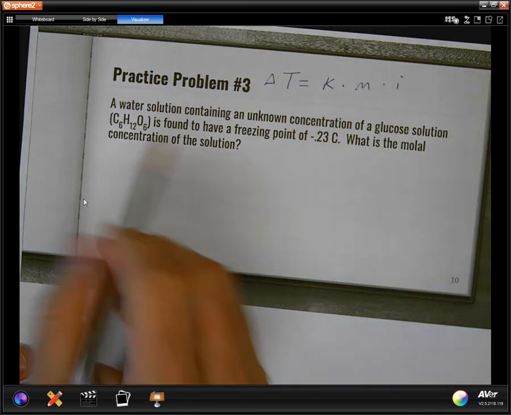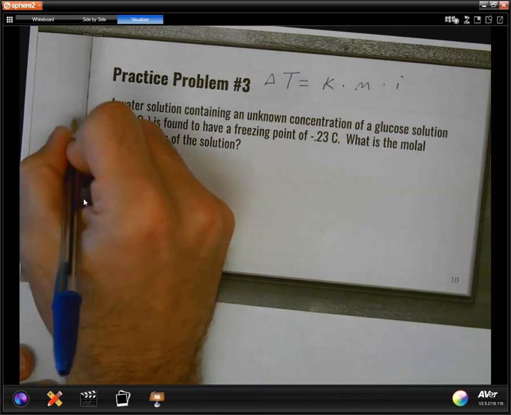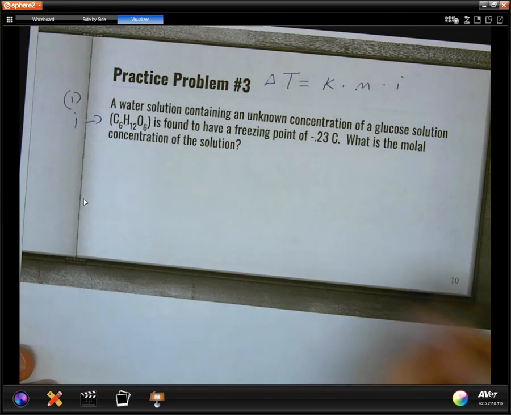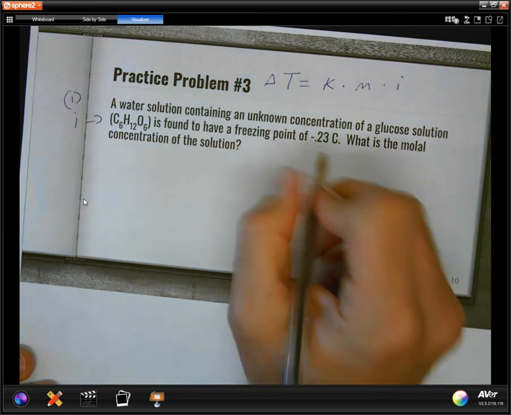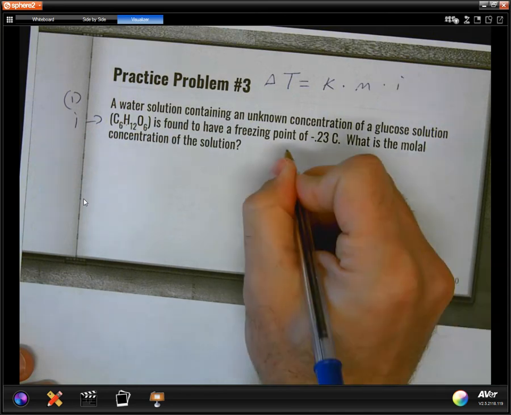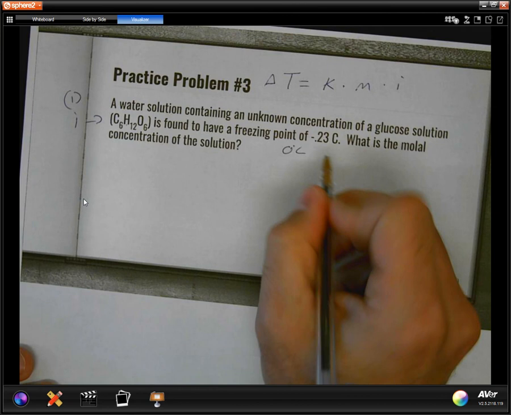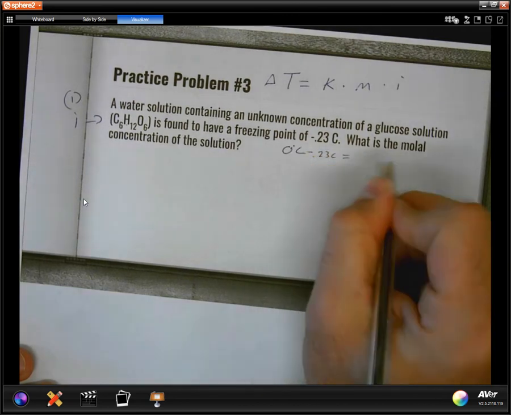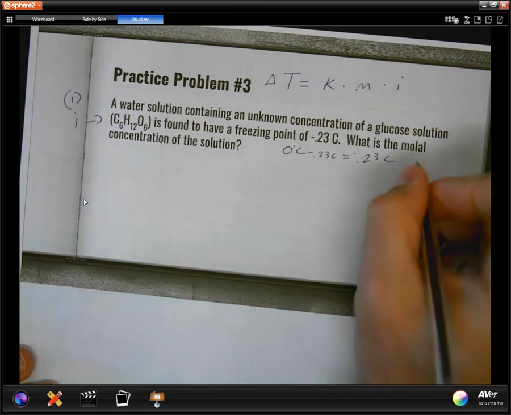As I get started, I see that this is a molecule. So my i there would simply just be 1. I see that they give me a freezing point of negative 0.23. Well, the fact that I know water typically freezes at 0, and now it went to negative 0.23, I can see how that is simply my change in T still. So again, just a quick side note there. So I got my change in T,